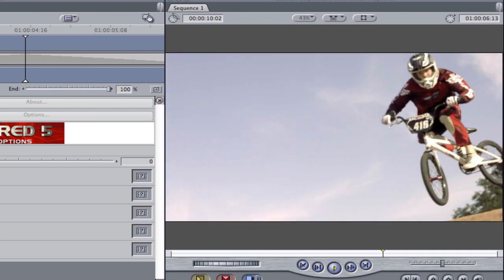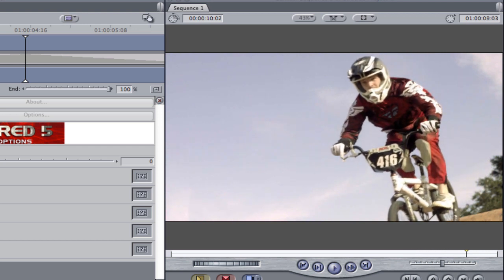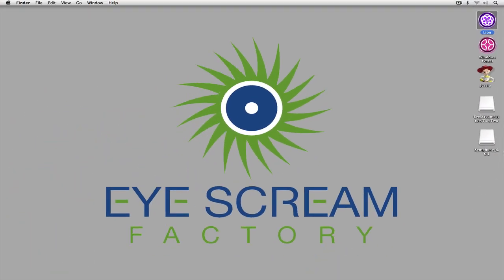Very, very nice. Okay, so like I said, that's pretty much how things are going to work in the host applications that are supported for RED 5 and in Final Cut Pro 7 specifically. Now, let's get in and let's talk about Media Composer 6 and Symphony 6 because things are a little bit different for those applications. Okay, so let's hide out of Final Cut Pro 7